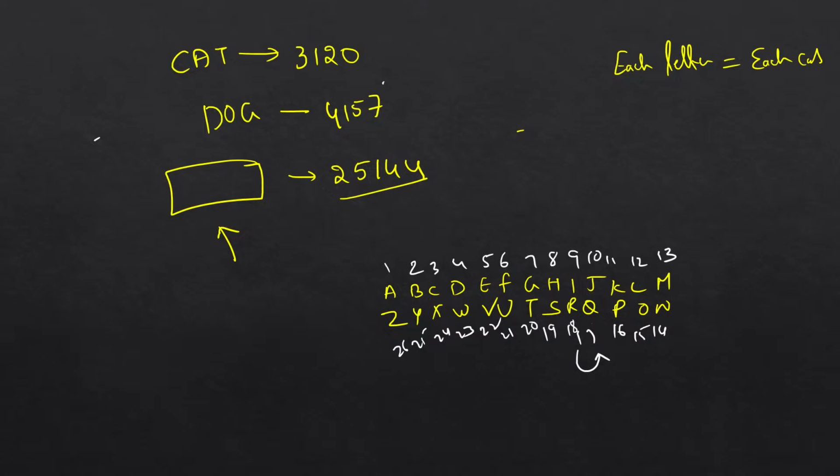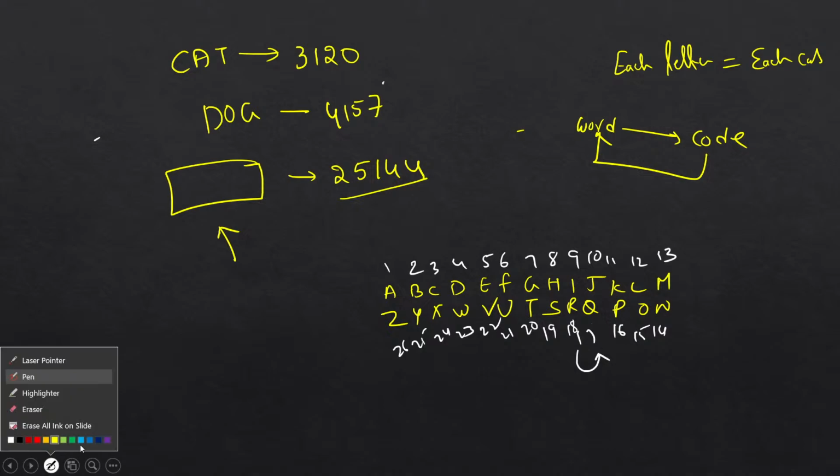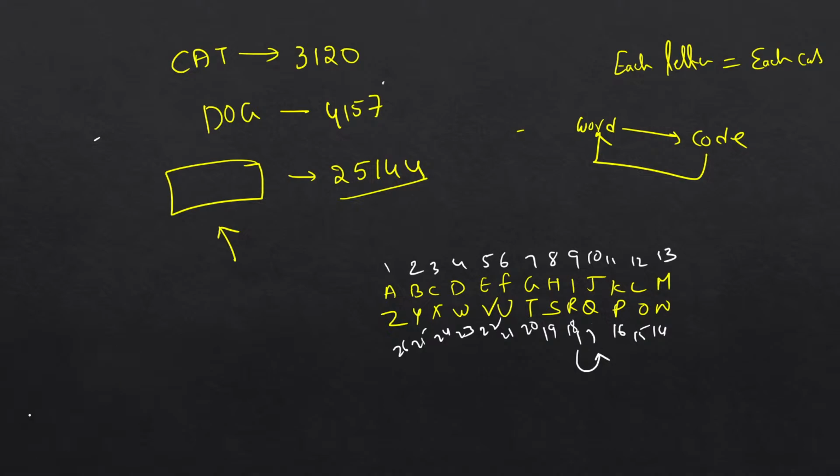Okay, what I want to explain from this problem here is it is always not possible to get the word from the code. See, if you know the word, you can get the code for sure. But if you know the code, sometimes you may not get the word. See here, I haven't told anywhere. Remember one thing, I haven't told anywhere that each word is only three letters. So it can be